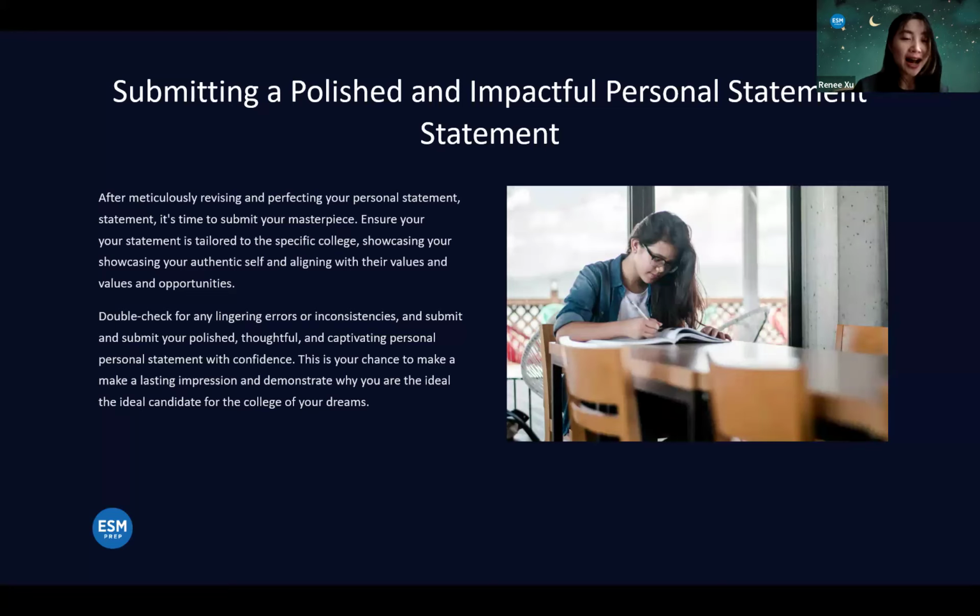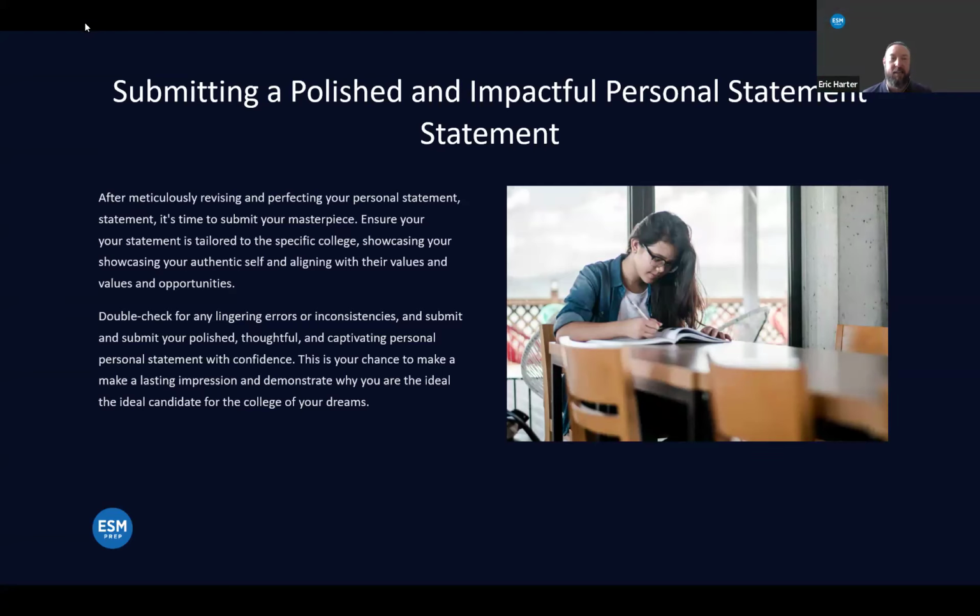And this is where you can get extra eyes. This is where having a counselor really helps, because it is this one time you click that button and it goes out and there is no fixing it. So make sure you get extra sets of eyes on this before you submit it, because that is your chance. That is your chance to show colleges who you are, apart from the numbers, the data points, and the things you've done that are already in the application in the activities section. This is the part where you show them how you think, how you feel, how you show up in the world, all of these qualities and values that matter to you the most. So you do not want to mess it up at the finish line.